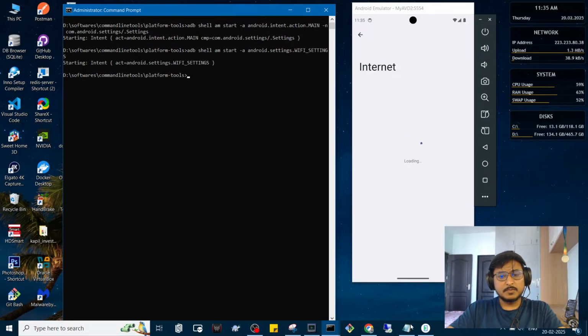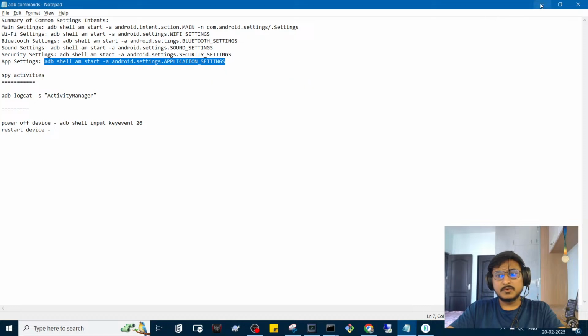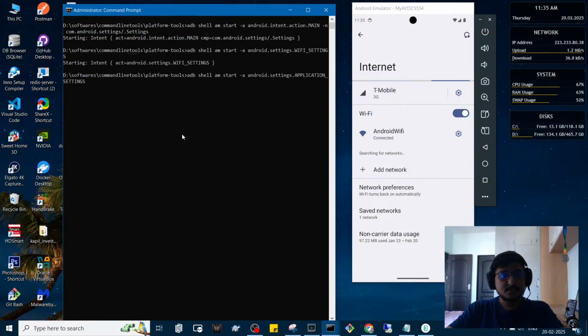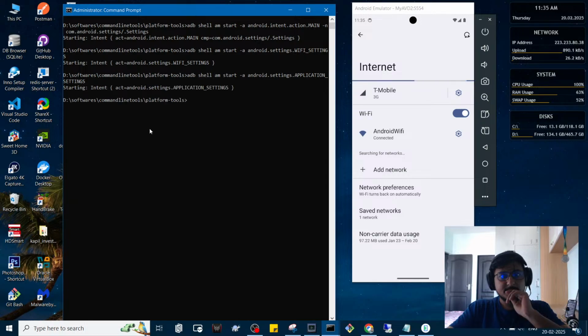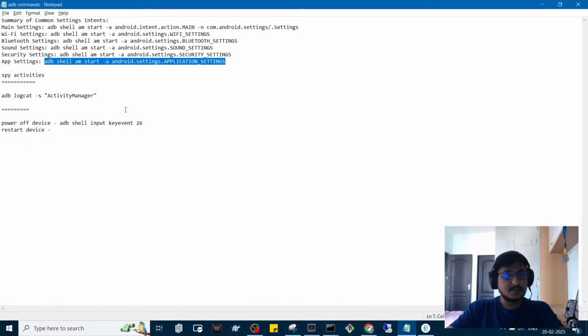Internet settings it has opened. Another, application settings, for example, I'm copying this command. You can see it is saying that application settings it is trying to open. Yeah. So we can manage our device even using the